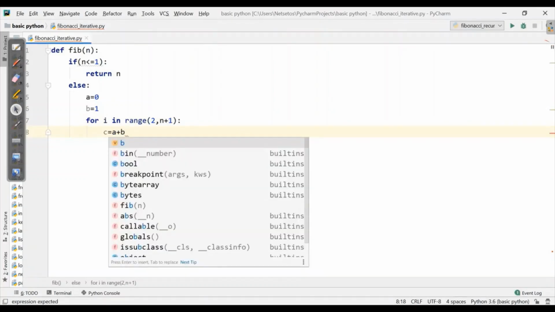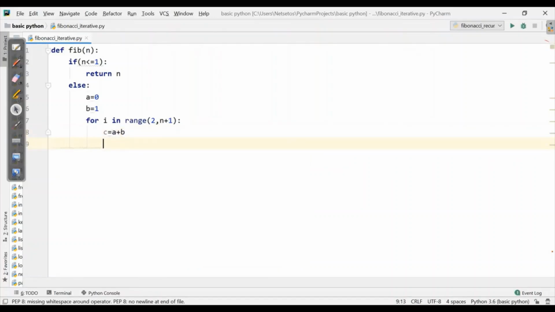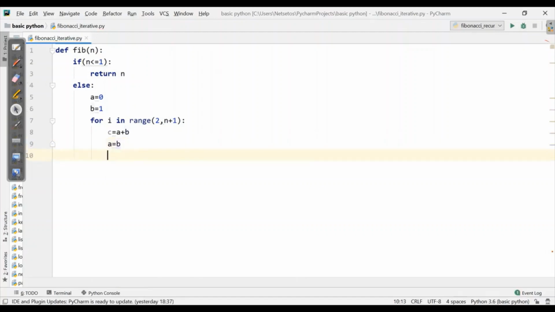C is a variable which will calculate the sum of a and b, and c will store the value of the previous two elements. Now we need to update a and b, which is a is equal to b and b is equal to c. So here A will store the value of B, B will store the value of C, and at last we will return C.